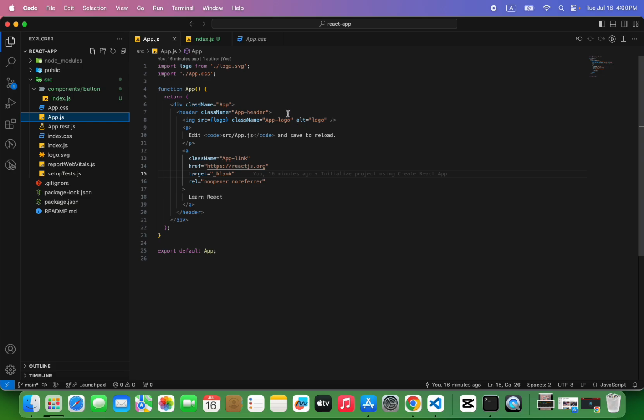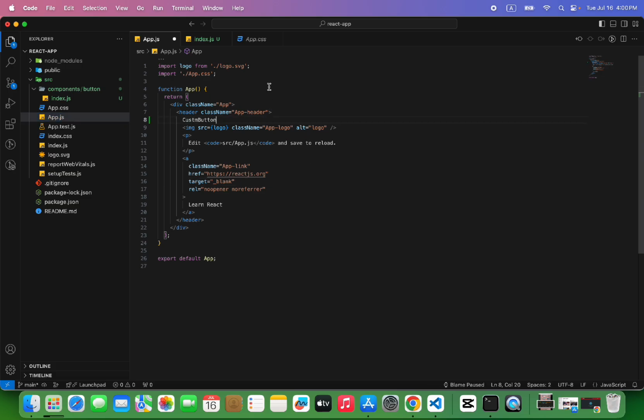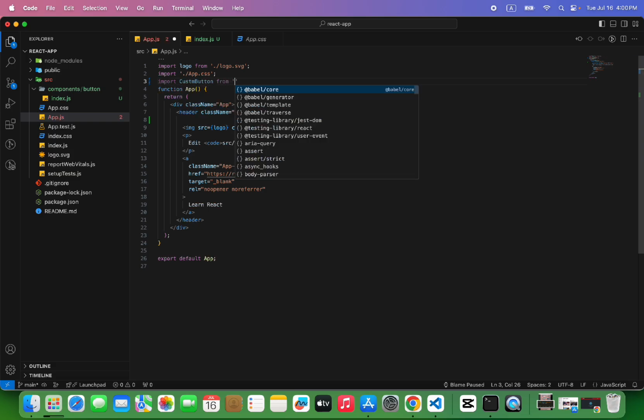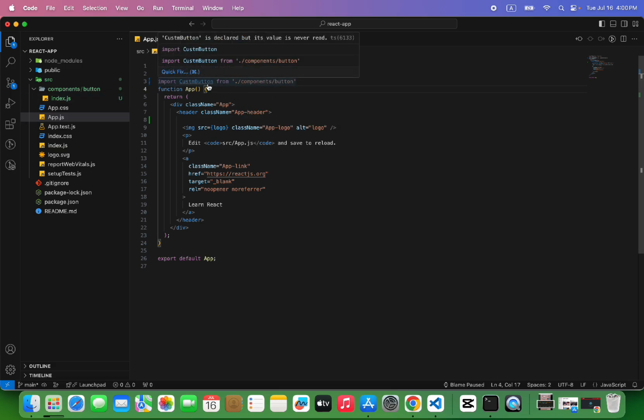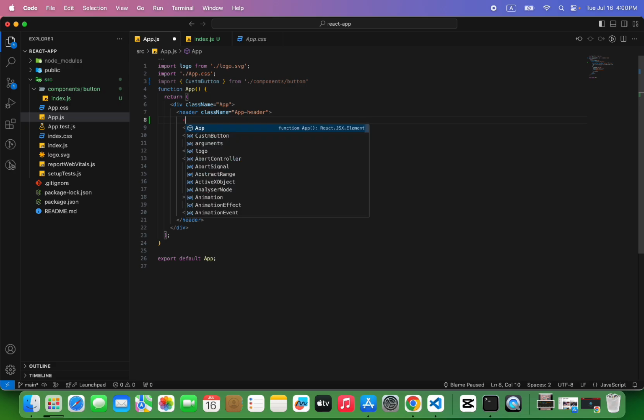You can import your component here, and you can render your component like this.